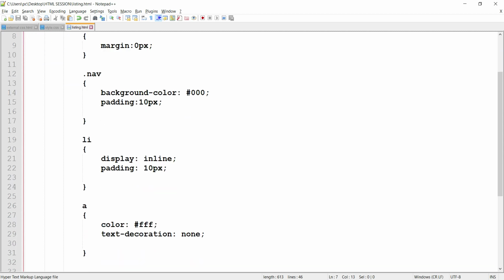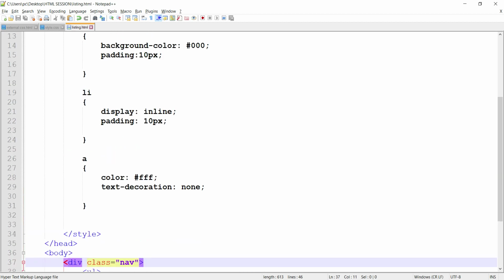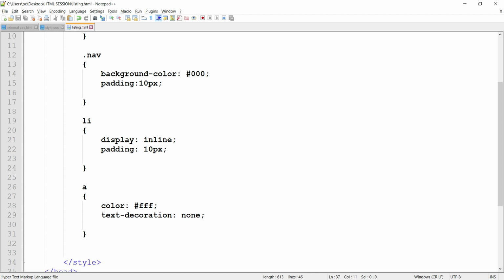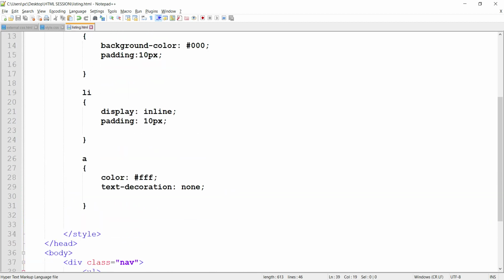What we have done is we have taken a div here with the class name nav, and we have given background color black to the navigation and padding 10 px. And simply we have targeted our li and given display inline, so that it will display in a line, meaning horizontal, right guys?